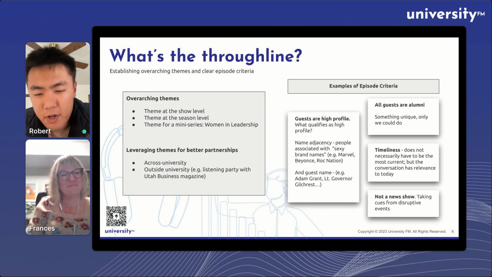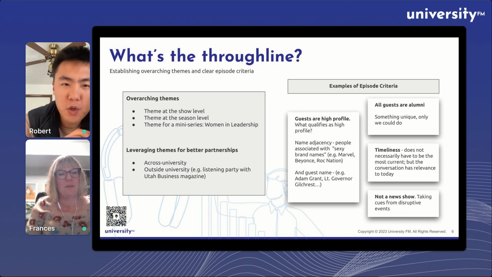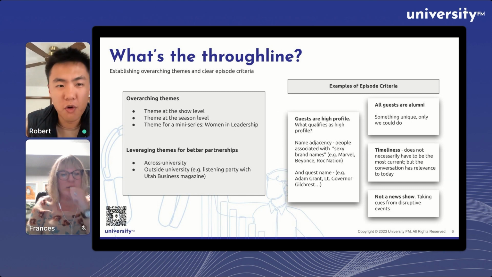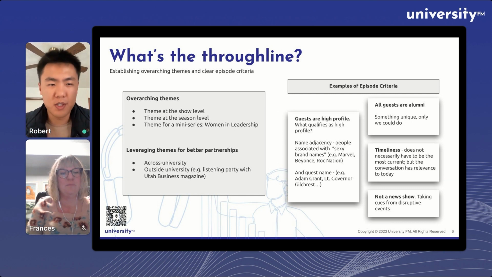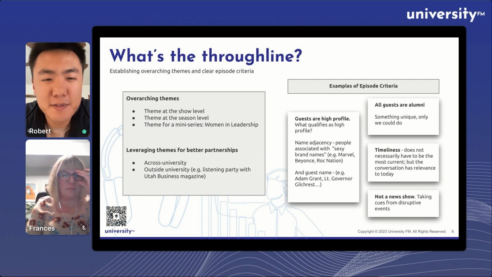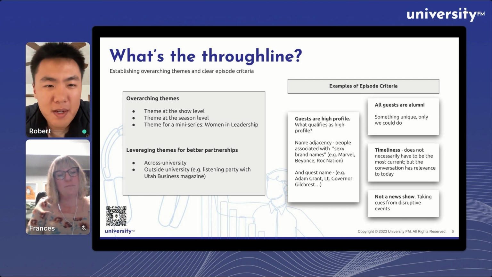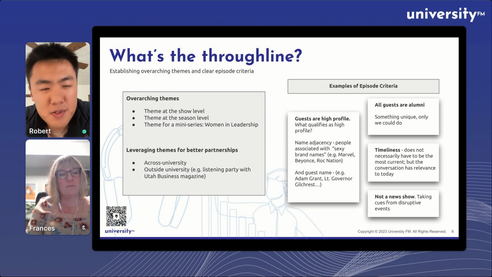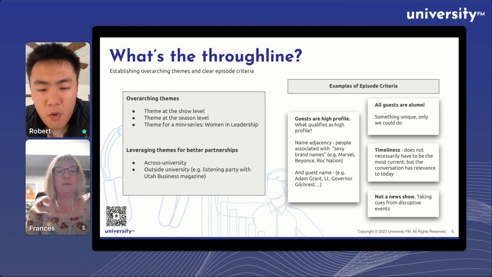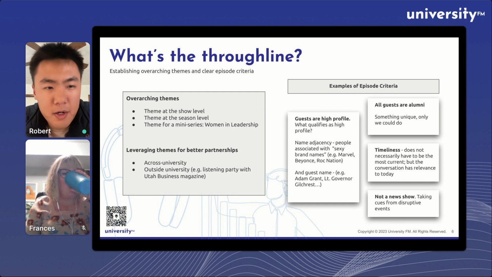Wonderful. So at a very base level, the theme for the show and for seasons is really closely tied to the overall communication strategy, in this case tied very closely with the magazine. And then as it developed, as more ideas came in, it was evident, okay, why not make a whole series around women in the workplace? So there's a few ways that themes can be established for a show, and I'll just make a comment that when you're making these themes, typically the more focused the theme, the better, because that sets a tighter